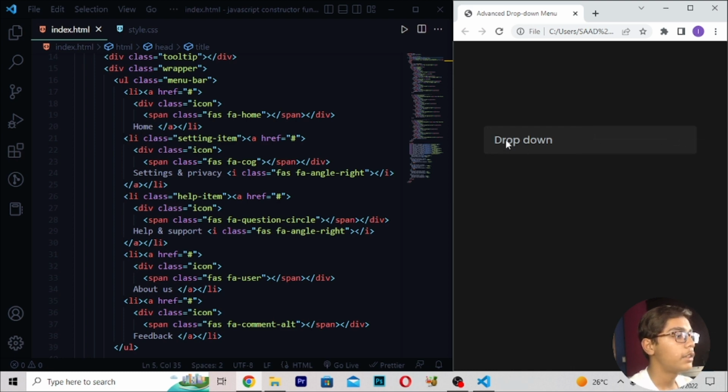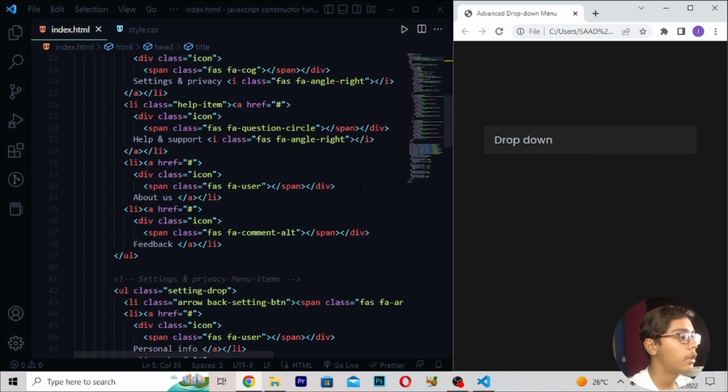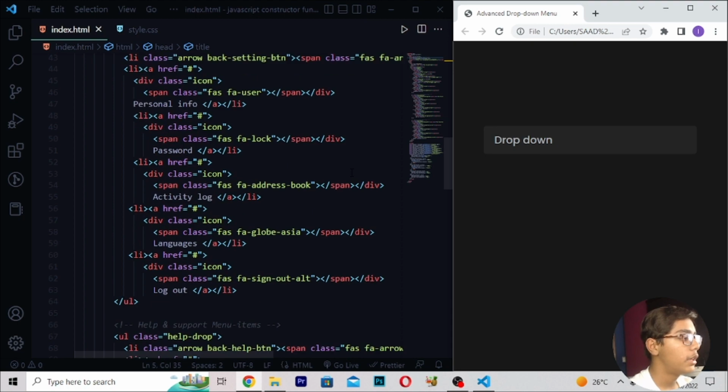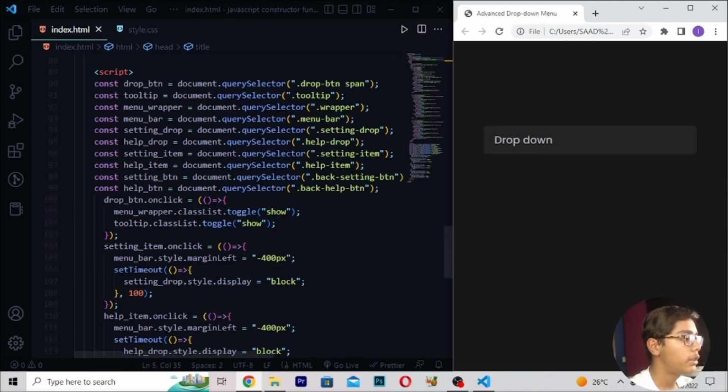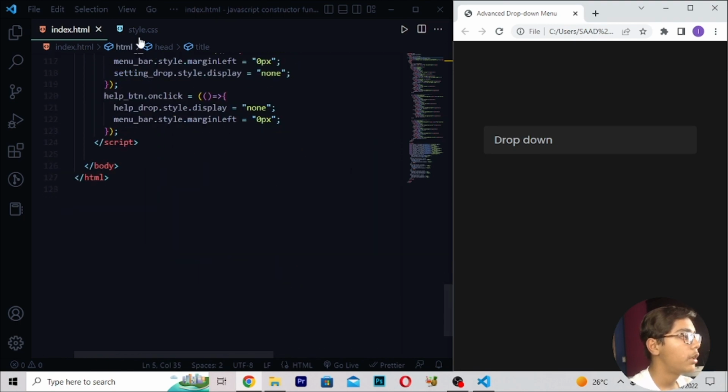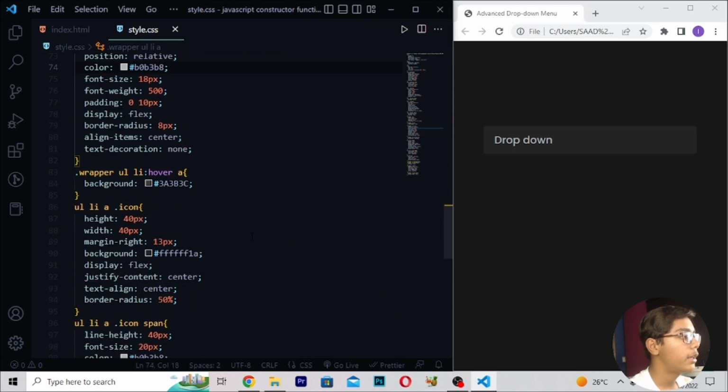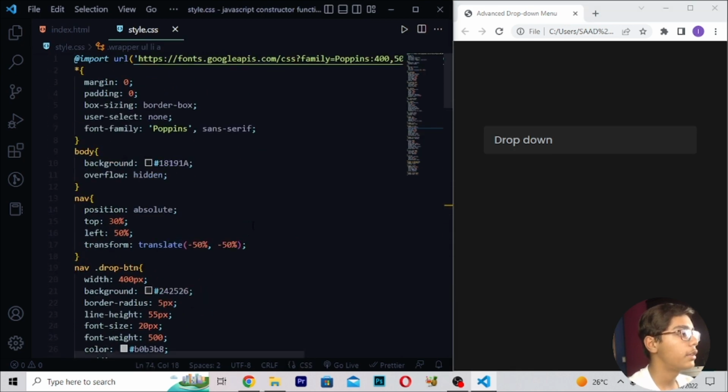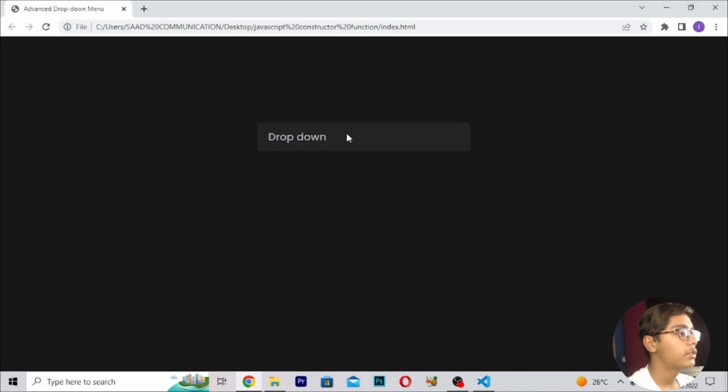Then when you're getting all this stuff, you have to now just do one thing. Here I will be moving, and then we are getting all this stuff like we want. Then these are the things written down here, and when we are moving, and after moving, we are getting all this stuff here also. So when you are getting this, you can see this is the drop down menu which we are getting, and this is the advanced drop down menu like we want.